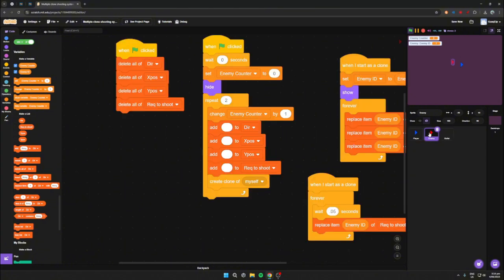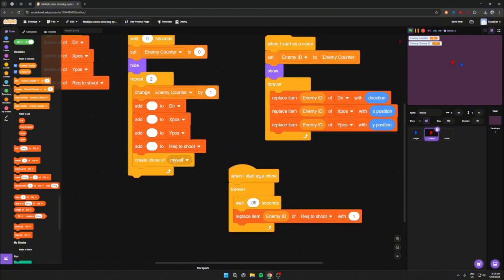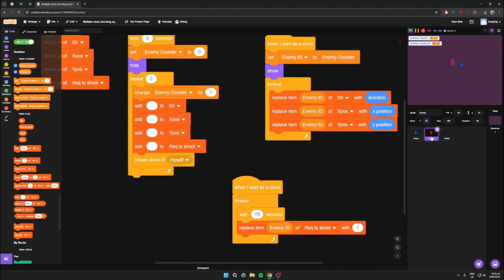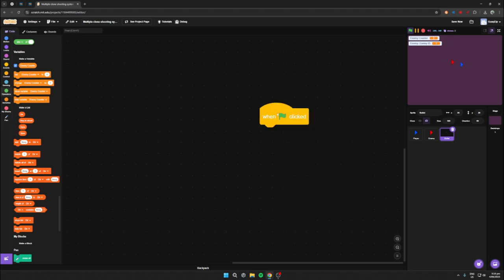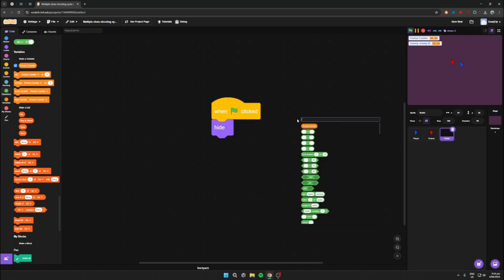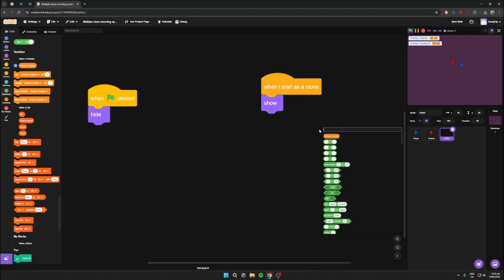First of all, we don't have the context behind this yet, but essentially this just tells the bullet to shoot. So go to the bullet, I'm going to go when flag clicked, hide, do not want to see the sprite. When I start as a clone, show. Go to X, Y,